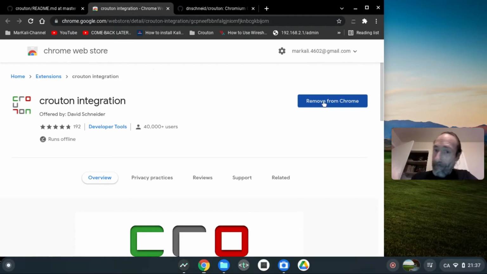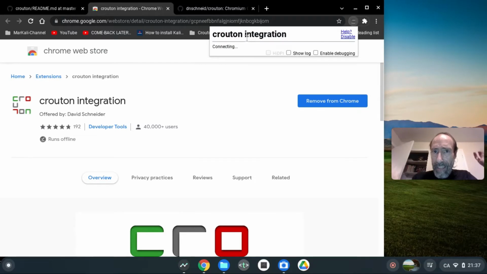As you can see right now, it is already installed in my Chrome OS web browser. It's very small, and what it does is, when you start a graphical window, like a window manager such as KDE, GNOME, XFCE, or any other kind of Linux window manager,